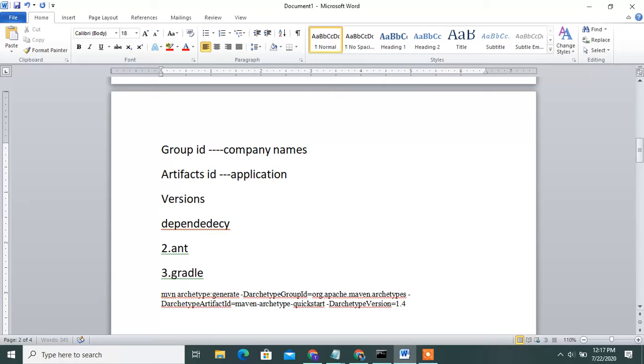This is very important, guys. Interview questions also ask what is group id, what is artifact id, what are the install and Maven plugins, and what comes after the plugins. What is the version of Maven you are running? That is the version.